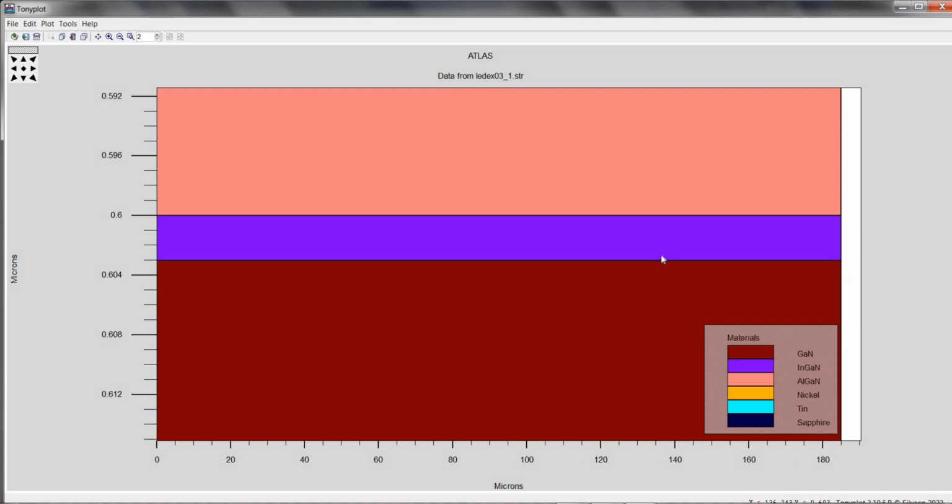Its thickness is in the range of 0.6 micrometers to 0.603 micrometers. So the thickness of this layer is 3 nanometers. It's really thin, and there are actually scientific reasons for that. So what happens is, in terms of growth,